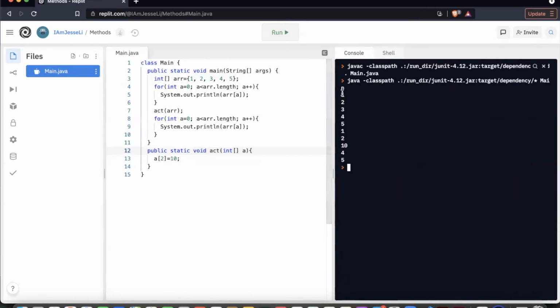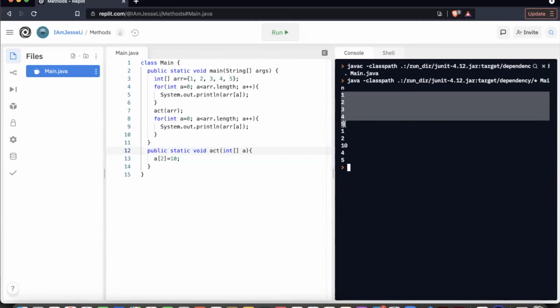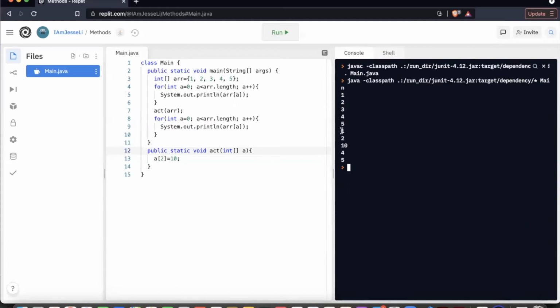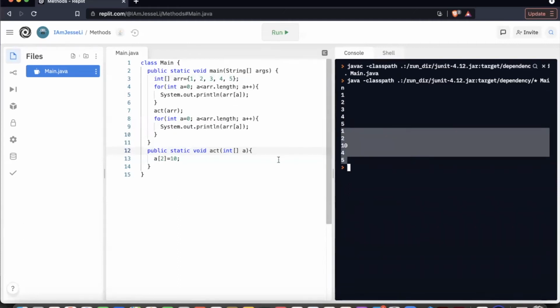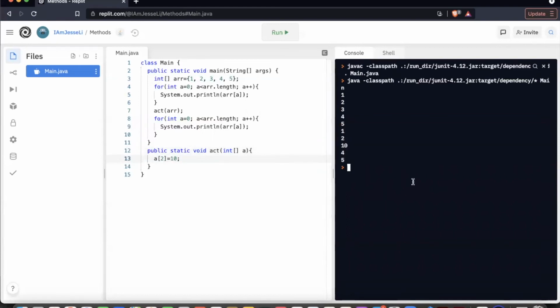All right, so the first time it printed out 1, 2, 3, 4, and 5. And then after running the method, it printed out 1, 2, 10, 4, 5. So that means that we are able to change the value of elements of an array using methods. So even though we cannot change just variables, we can change arrays with methods. So therefore, if you want to just be able to change the value of a variable using a method,